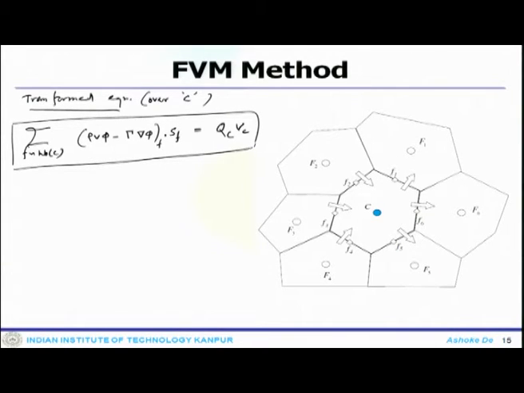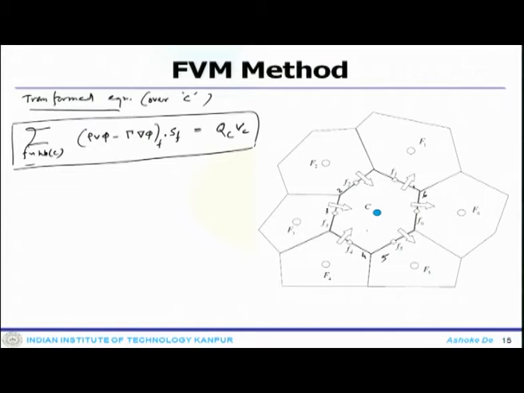What I started off with was a differential equation, the steady state scalar transport equation. Now, I have written an algebraic system. This is nothing but the integration over the faces, because these are the fluxes. So, that means it will go from 1, 2, 3, 4, 5, 6. All these fluxes are to be integrated.